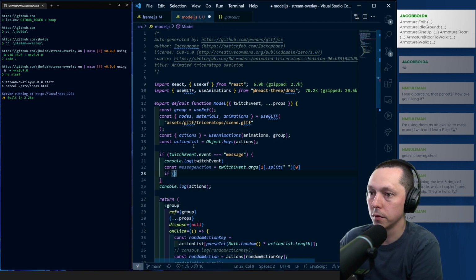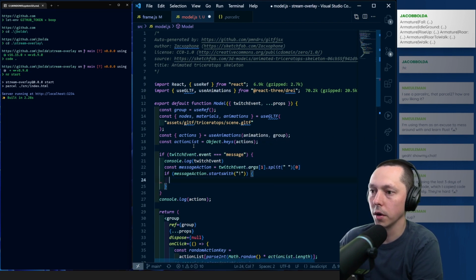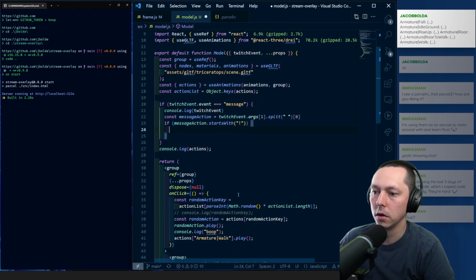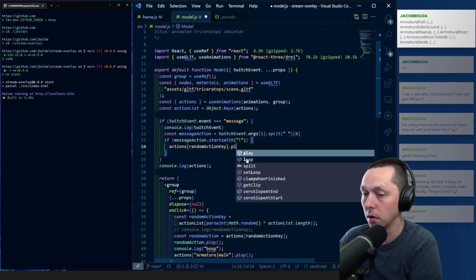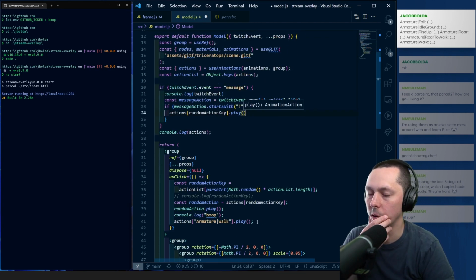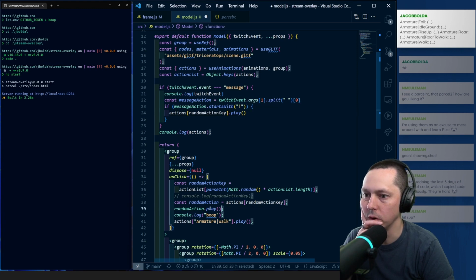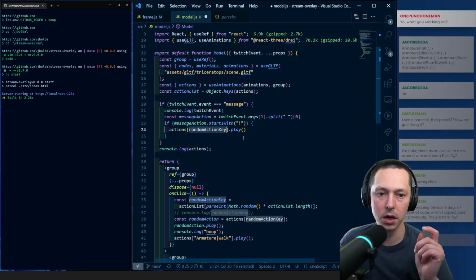And we can say if message action starts with an exclamation mark, then we're going to try doing an action. So here we're doing an action, and then we roll back to play. I'm not going to bother with the armature stuff.